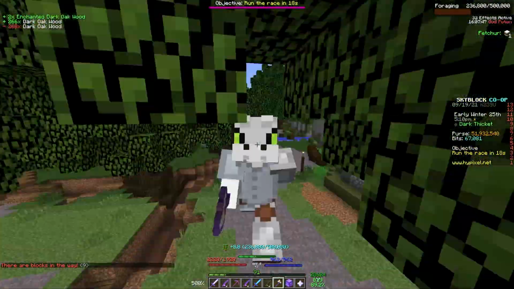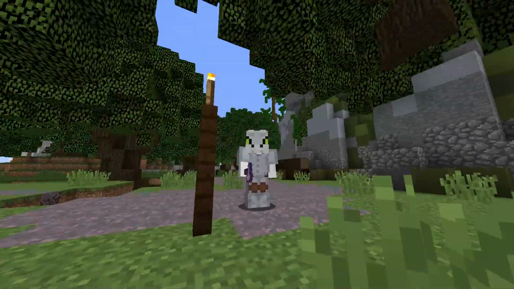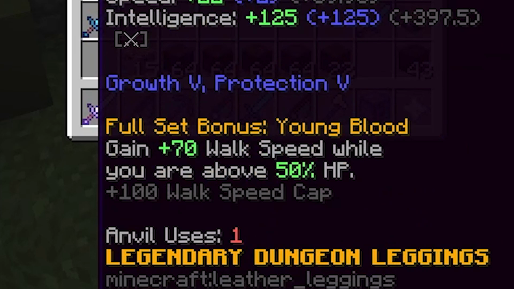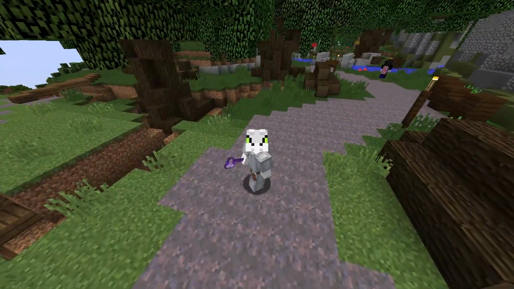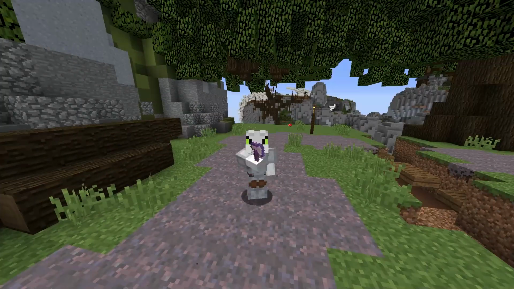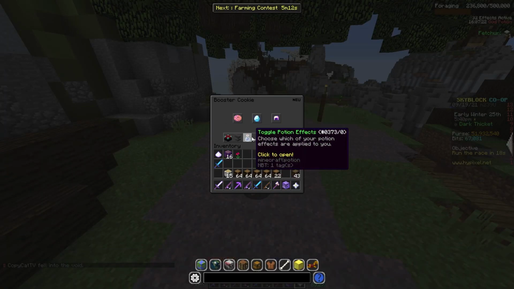So let's talk about the max setup. I'm not using the max setup right now. I'm actually using mostly the budget setup. But I highly recommend you use Young Dragon Armor. This full set bonus will get you to 500 walk speed, because you see it adds 100% walk speed cap, and when paired with a God Potion, it shouldn't be that hard to get yourself to 500 walk speed like you see down there. I also recommend Godbot, like I just said, because if we look into the effects tab,